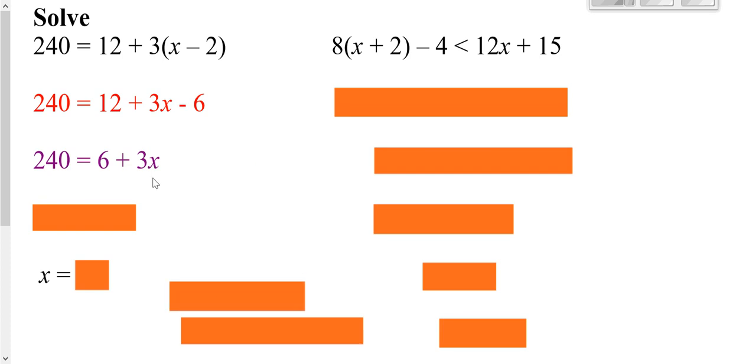Remember, like terms are those things that have the same variables with the same exponents. 12 and negative 6 are both considered like terms because they don't have variables. Technically, they're called constants. Now we'd want to go ahead and try to get x by itself, so we'd have